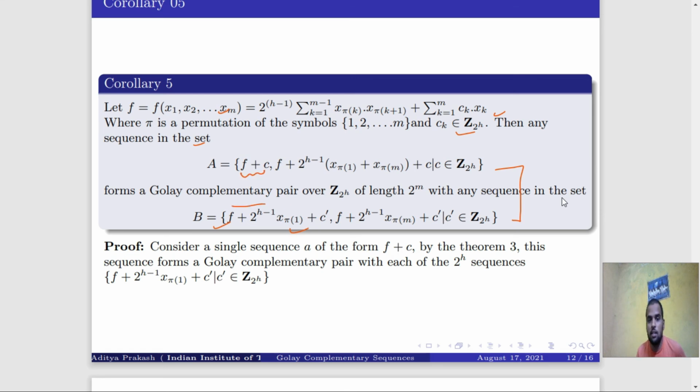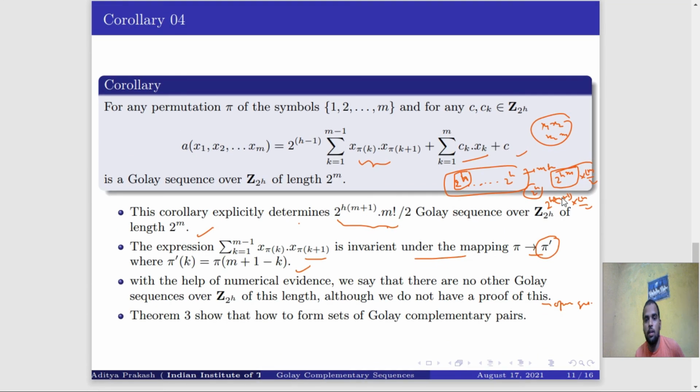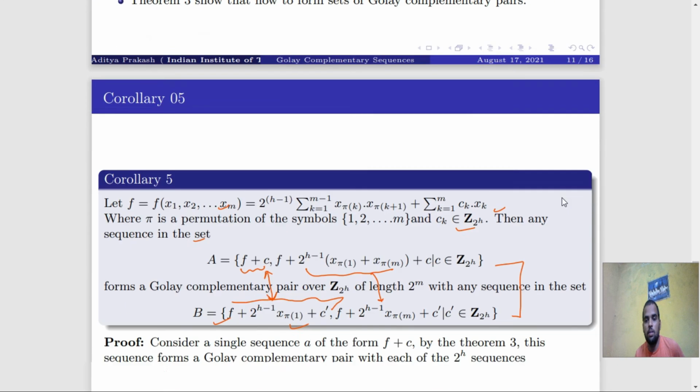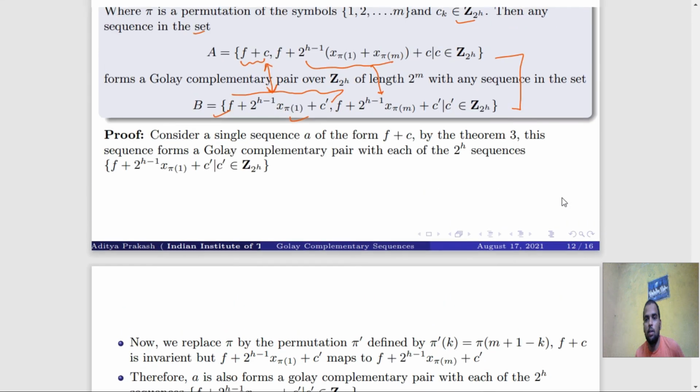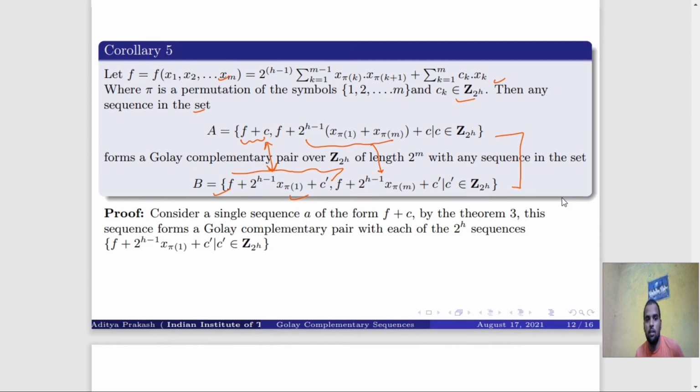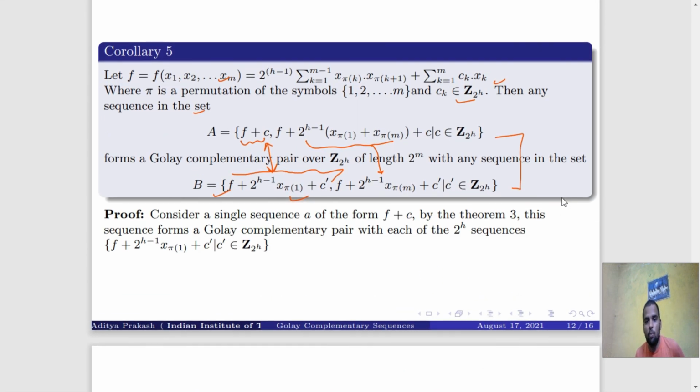We already saw that a plus c and this, both are a complementary pair to each other with the help of what? Golay complementary sequences, or theorem 3, whatever I said. And this term will be solved with the invariant method in the previous theorem. We can see such a method, okay. With the help of this, we can see both are Golay complementary to each other. Consider how to prove it. I can simply show this.